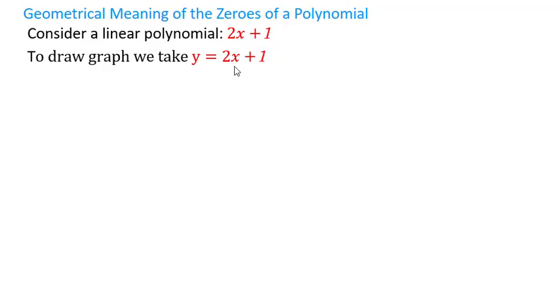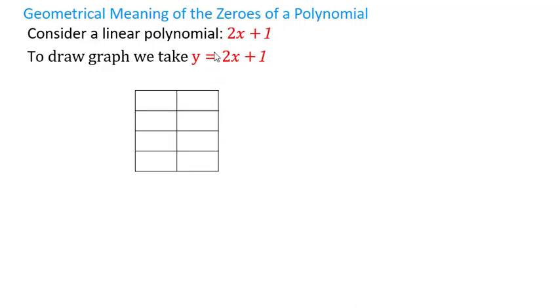So for different values of x, I have different values of y, and I can plot the respective values of this polynomial and value of x on the graph paper. For doing that, I need some values of x and y which satisfy this equation. To get those values, we can start with x equal to 0. So when I take x equal to 0, I will get y equal to 1. So x equal to 0 and y equal to 1. So (0, 1) is one point on the graph paper which I can plot to represent y equal to 2x plus 1 when x is equal to 0.